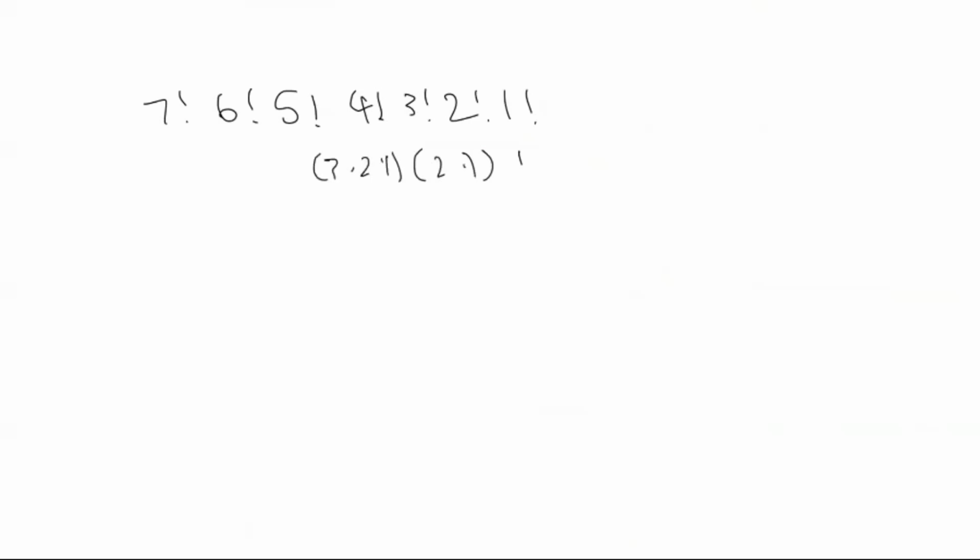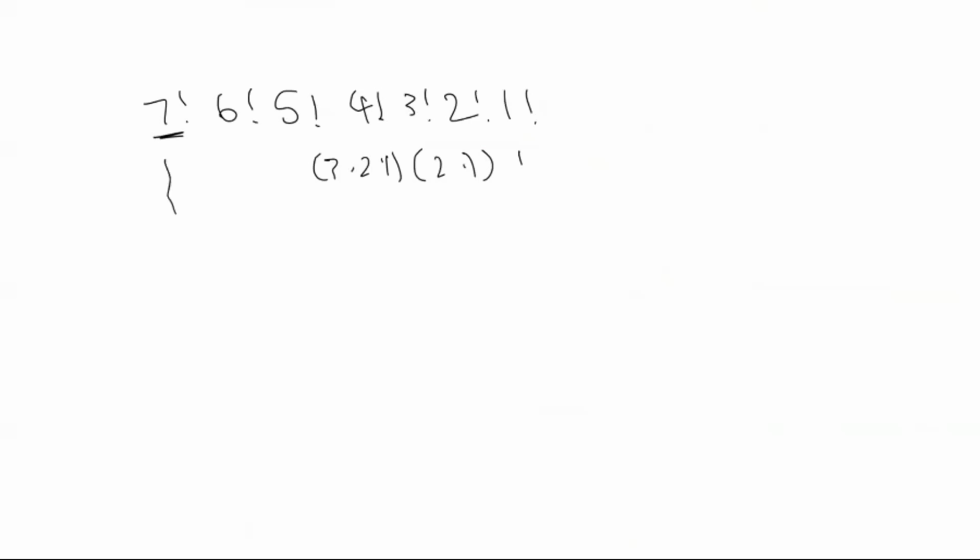So we have 7 factorial times 6 factorial, 5 factorial, 4 factorial, 3 factorial, 2 factorial, and 1 factorial. Now, to list out all the exponents, we can list them out manually. So we can do 1, and then this is 2 times 1, and then this is 3 times 2 times 1, and keep going. But one really quick way to think about it is our 7 factorial shows up once,